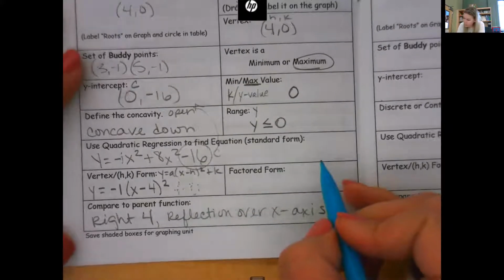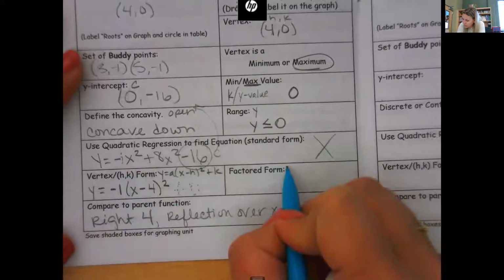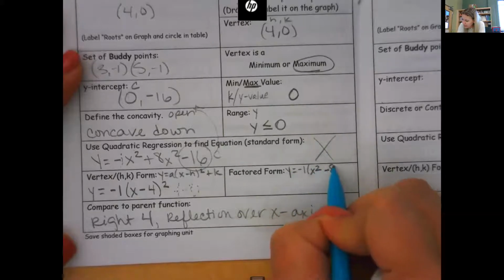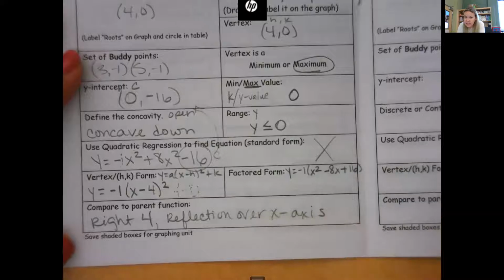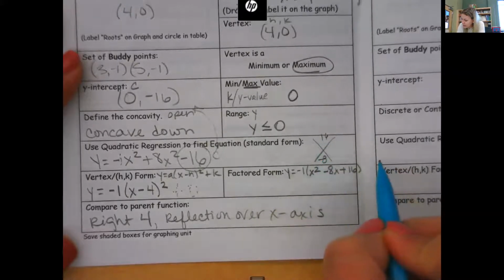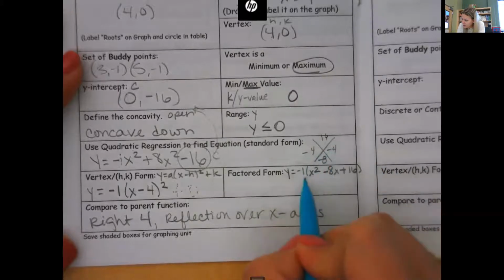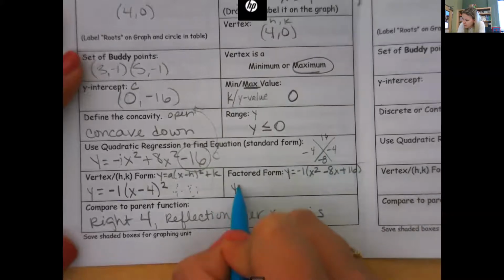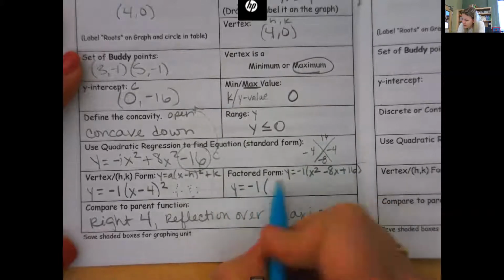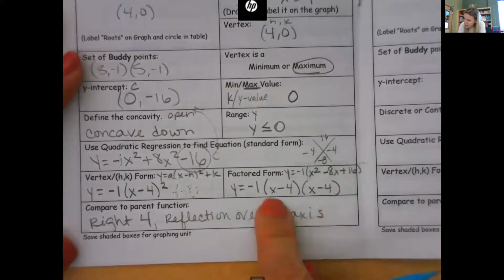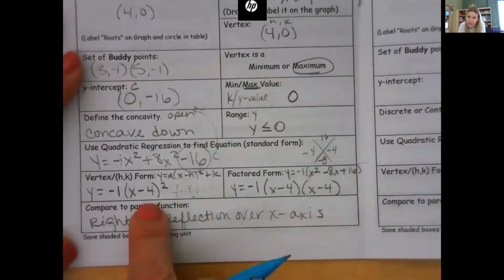The last one is the factored form. This is your cross puzzle. And I'm in fact going to factor out this -1. So when I do that, I have -1, and then I just have a positive x squared minus 8x plus 16. So a times c is 16, b is -8. So -4 and -4. This happens to be that perfect square trinomial package. So we can write y equals -1 because that was our GCF. And then we have x minus 4,